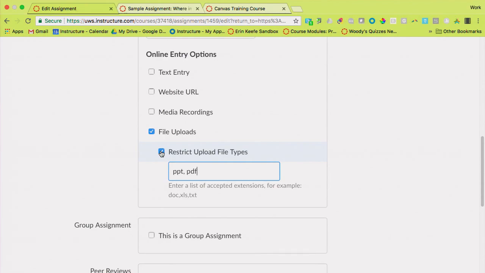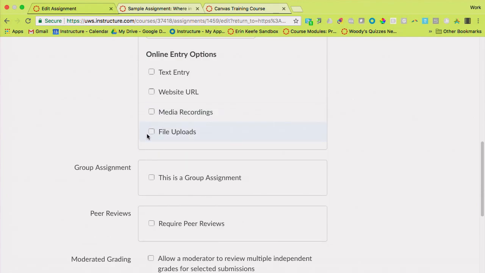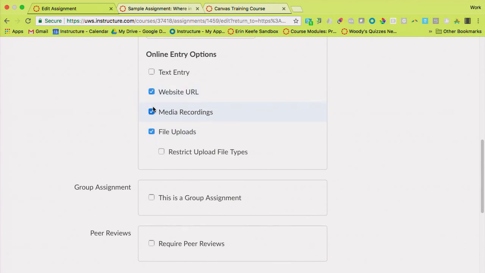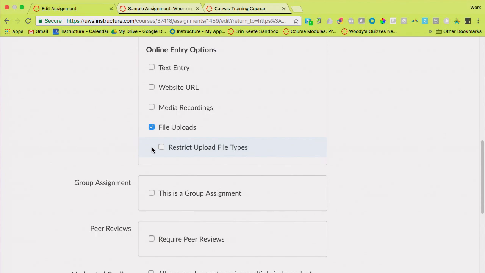And we recently just upped our instructor baseline limit. It used to be 500 MB, and now it's 1 gig as the baseline. So we've expanded our limit. So I could give all these if I wanted to. By default, if you use file uploads, they're always going to see that Office tab as well.